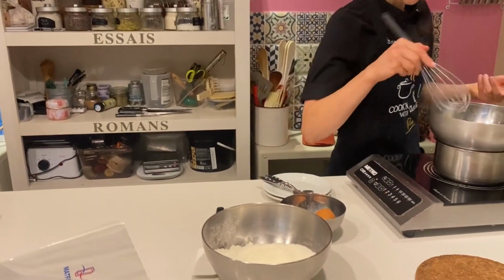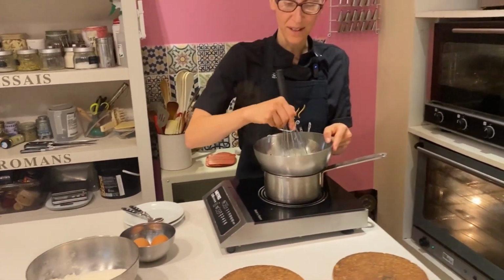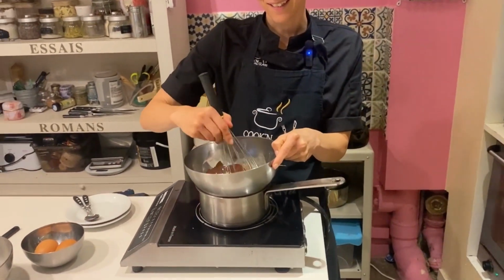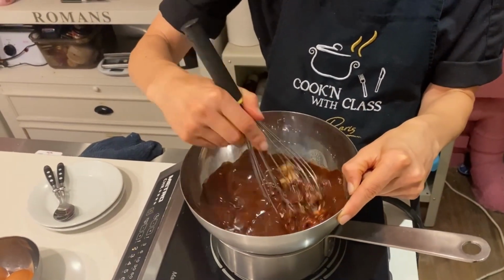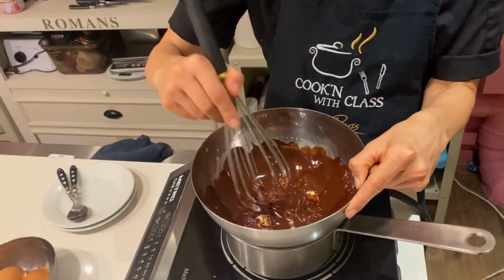And then let's come and have a look and see, has my butter and chocolate melted? Almost. I'm a little impatient, so I'm going to help it go faster there. And hopefully we're getting a really nice